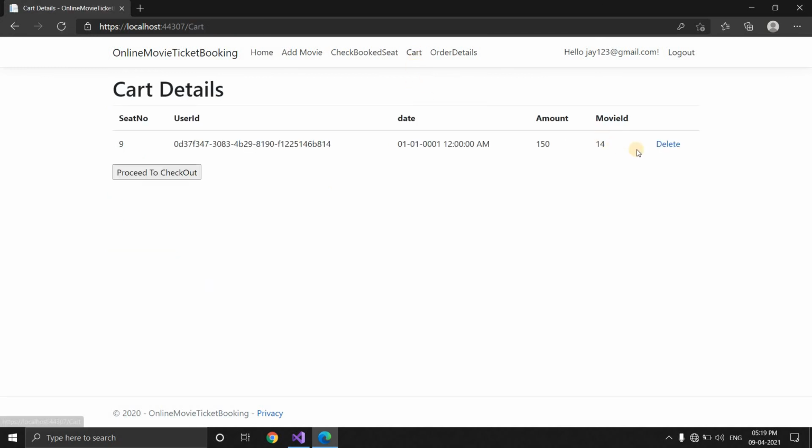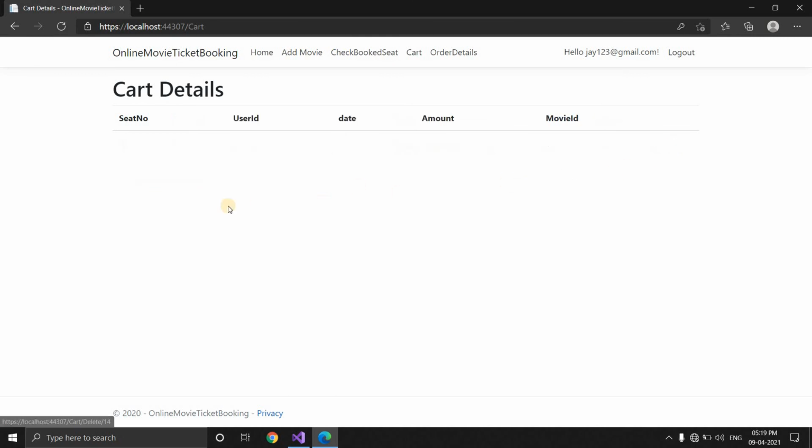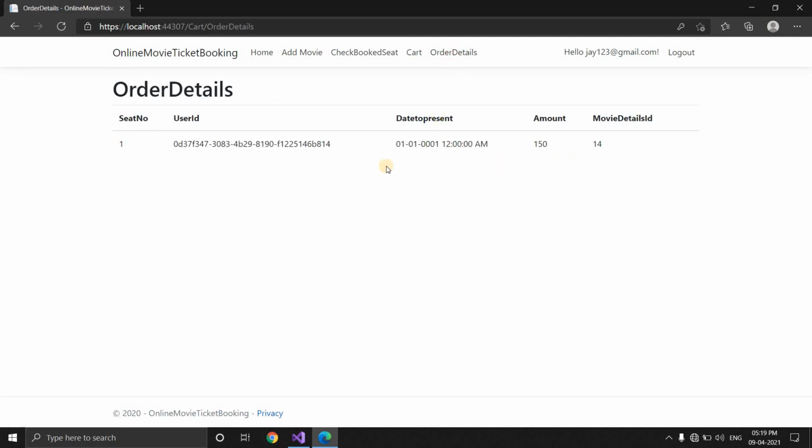Here in the cart we can see the ticket is added. If a user does not want to buy this movie ticket, the user can delete it here. Now the cart is empty and all order details are displayed here.